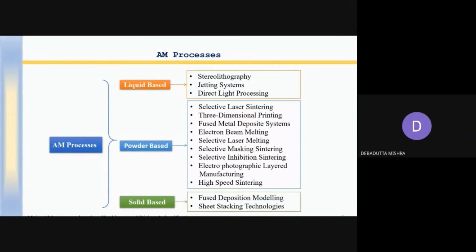When there is a powder based system, the powder is put onto a bed, and the source of heating is applied to that. It may be a laser, or it may be an electron beam. Okay. So you need a heat source, and that heat source will cure the material, and you get the desired part. This is the powder based and liquid based.